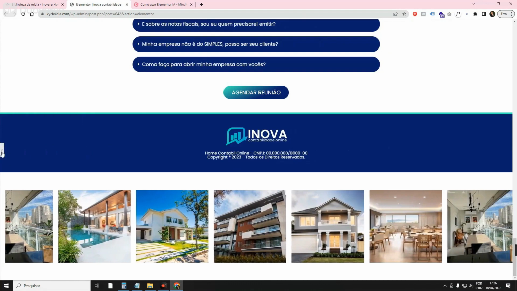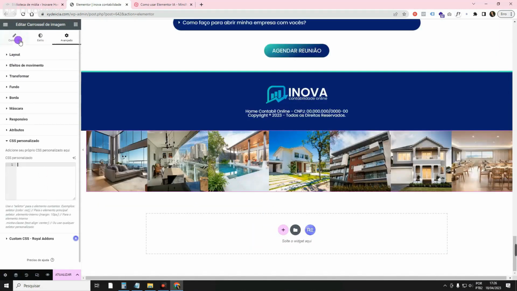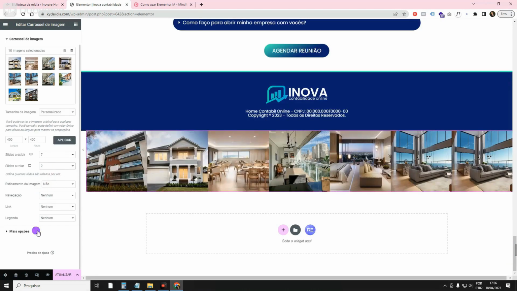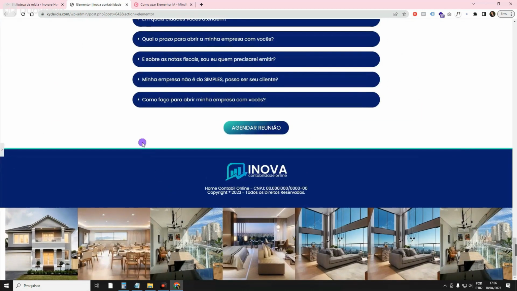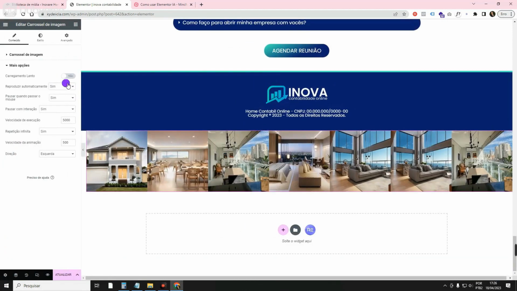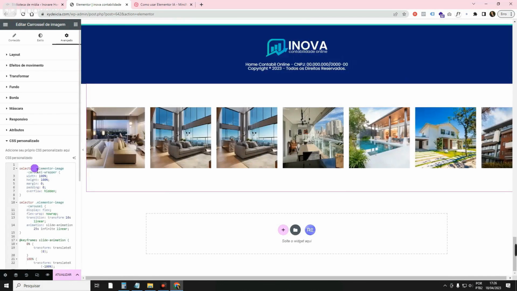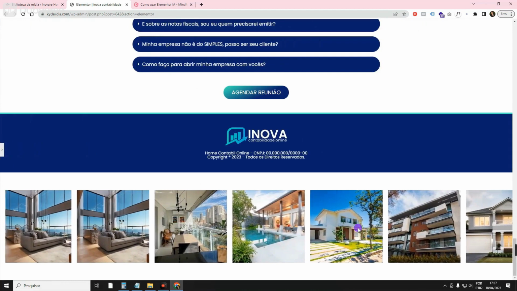Without that pause, you know? Let me show you the difference. The normal slide is like this. I'll even show you slides to run, 2 at a time, more options, play automatically. Yes. See, it keeps passing. It gives a little pause. I'll let it run. See? It gives a little pause. So I think this pause is ugly. And when we put this effect here, it keeps running continuously and looks so cute. I think it's really cool.